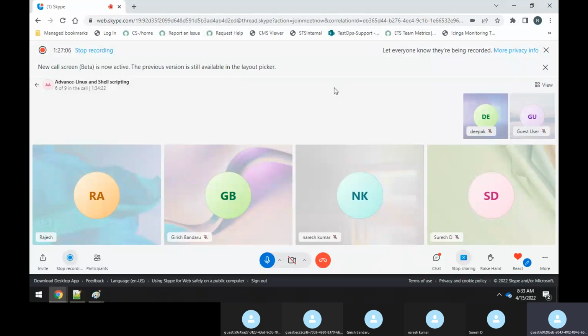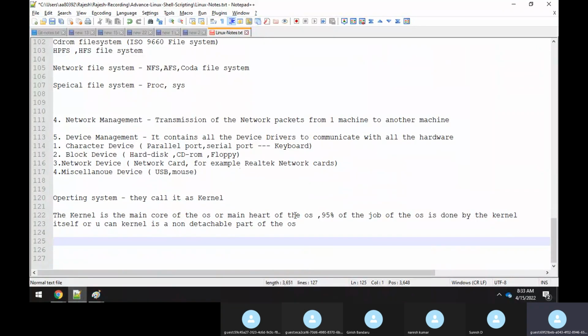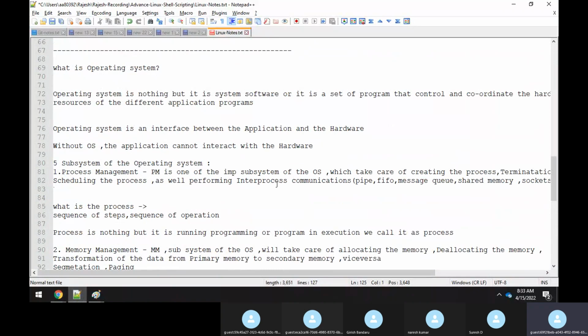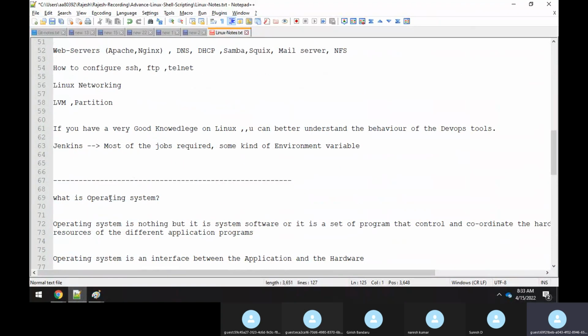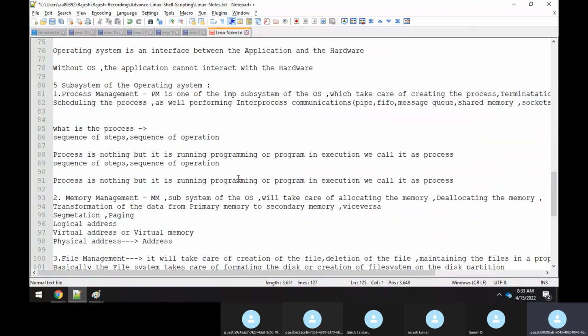A lot of things will come into the picture now, where you'll be learning about the Linux operating system itself. Now, what is the Linux operating system, how it works, what is user space and kernel space. Very interesting. You will learn a lot now. So this was just basic stuff, because there are still so many basics which I have to cover. But we tried to understand what the operating system is, and what the different subsystems are.